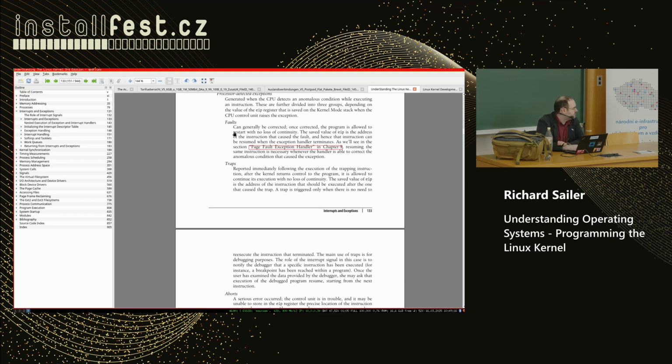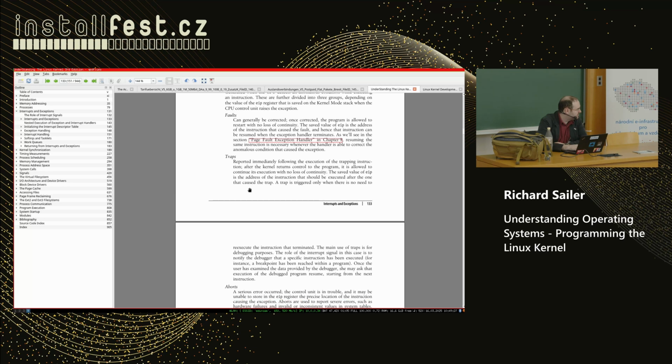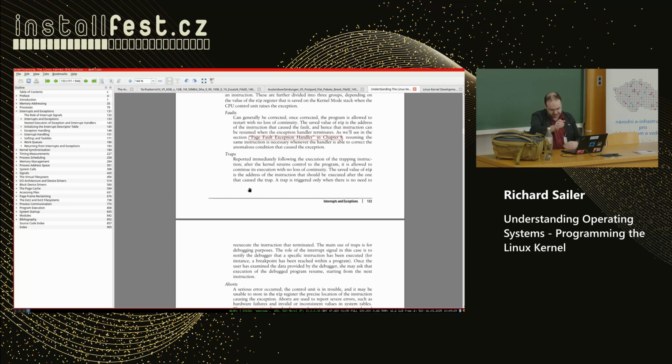I think the difference with a fault is, if you have a fault during an operation, you handle it, then you go back, and then you do the operation again. And with a trap, you handle something in the operating system, you go back, but then you don't do it again, but you do the next instruction.